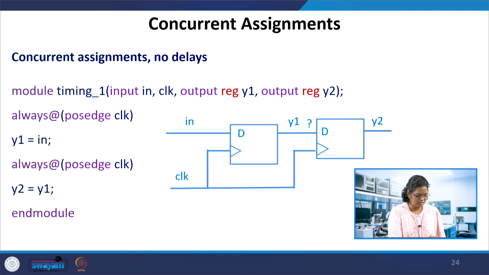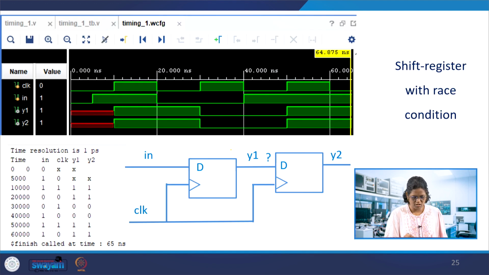So this can lead to y1 being assigned or not. This would take the immediate y1 value, which is updated or not. That is an indeterminate result. If it is assigned, it will form a parallel flip-flop. If it is not, then it is going to be a question mark, an indeterminate result. In the simulator, because of this immediate assignment, at the passage of the clock this is assigned and y1 is immediately assigned, but in the hardware it is not, so it would give indeterminate results as well.